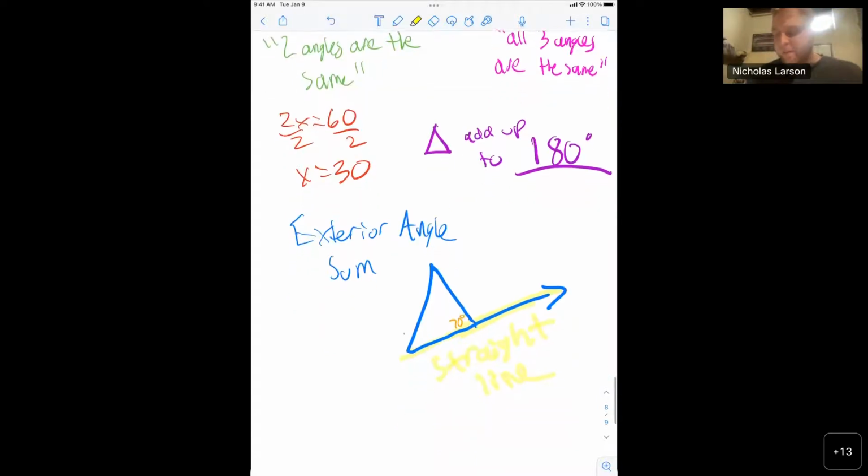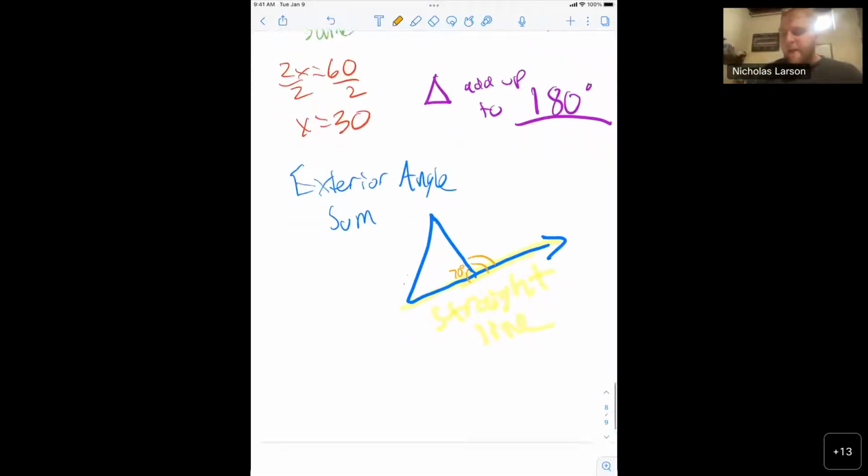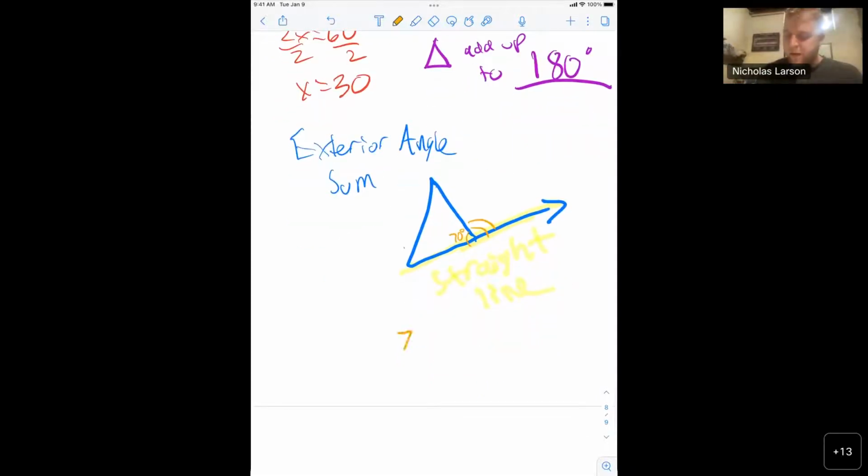180 degrees again. So you'll see a lot of times in geometry, we're going to add stuff to equal 180. So if I know that this angle right here is 70 degrees and little angle plus little angle equals big angle, remember me saying that all the time in quarter one, little angle of 70 degrees plus big angle, I don't know, it's X, or little angle plus little angle equals my big angle, which we just said a straight